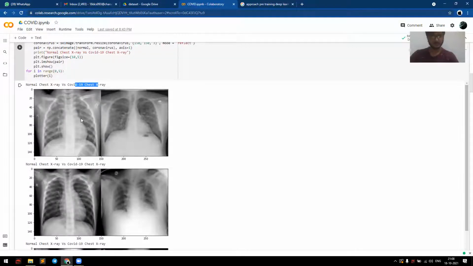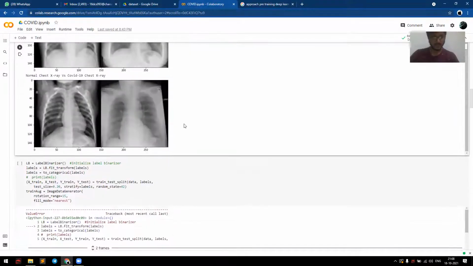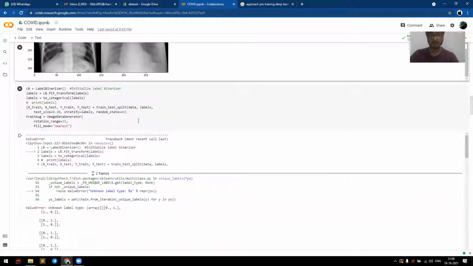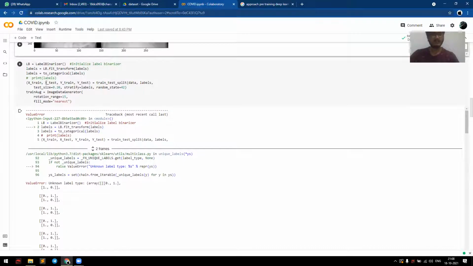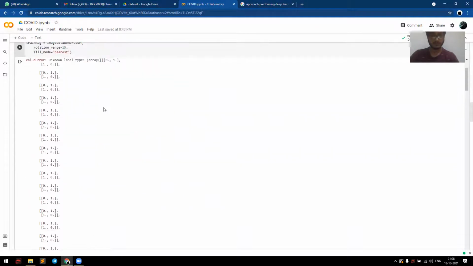The first is normal, and the second is COVID. Finally I use label binarizer to print labels, and then train X, test X, train Y, test Y in four forms. As I said, we have to convert into array.